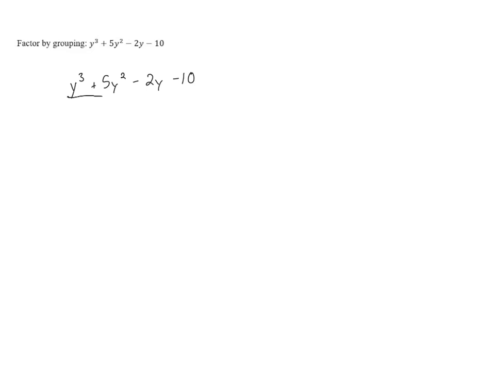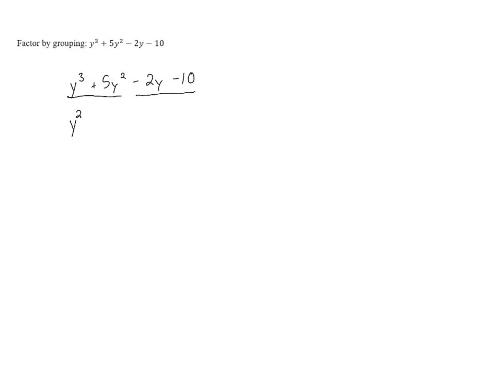We're going to group the first two terms together as one group, and we're going to group the last two terms together as another group. Let's focus on the first group. If we look at y cubed and 5y squared, both of those are divisible by y squared. y squared is the greatest common factor of the terms in the first group,